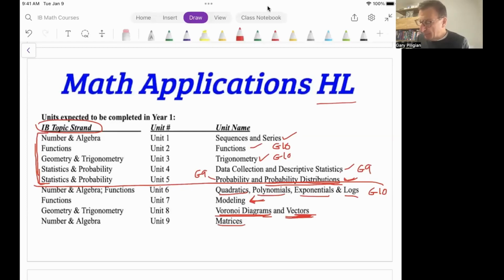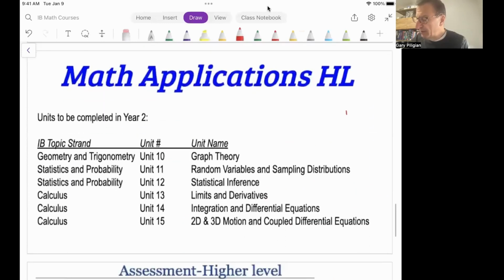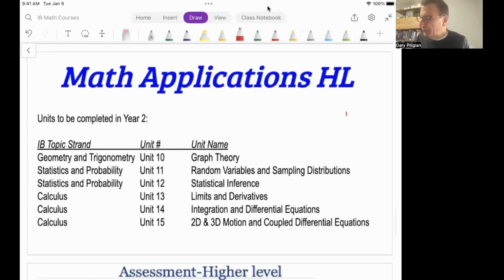And Math Applications HL is the only one of the 4 courses where matrices are in the curriculum. And there is some pretty sophisticated mathematics in that unit. When we move into year 2, we'll start with another topic that is only taught in Math Applications HL,